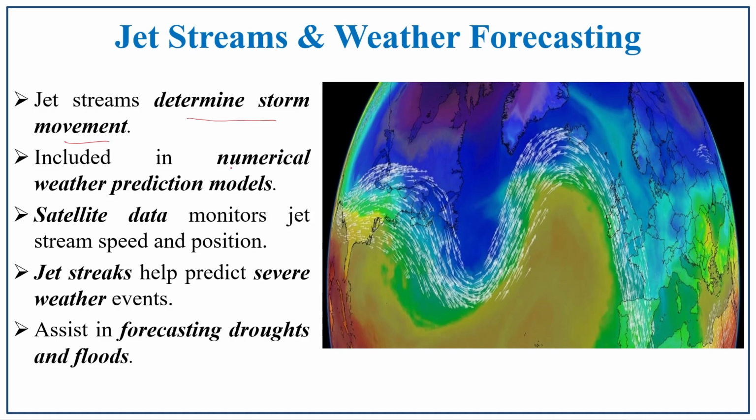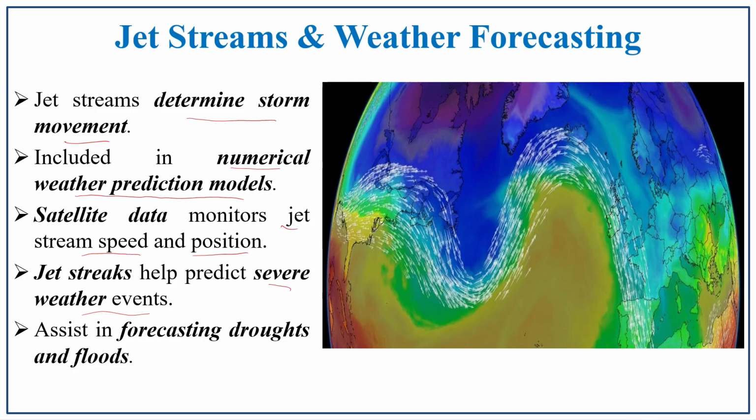It includes the numerical weather prediction models. In the weather prediction models also, jet streams play an important role. It includes satellite data, which monitors the jet stream speed and position. Based on the speed and position, we can track the weather event. And jet stream streaks help to predict severe weather events. Because of the streaks, the weather condition and weather pattern of that particular region can